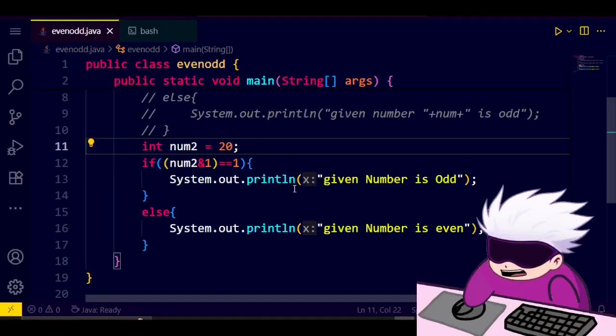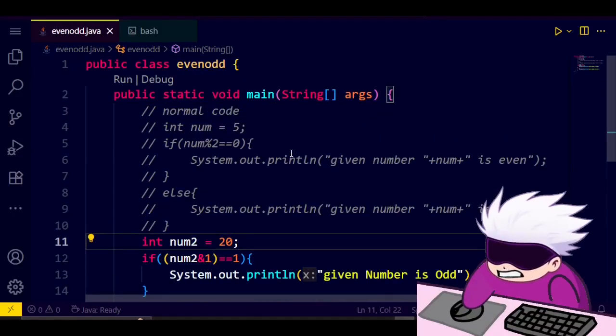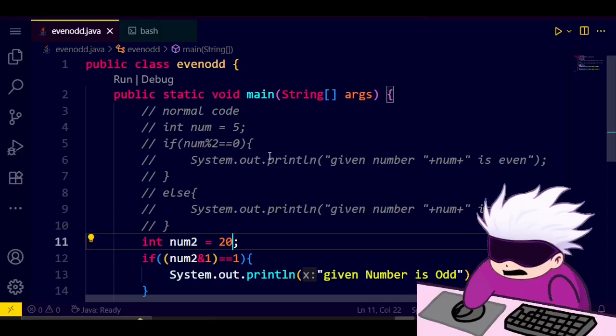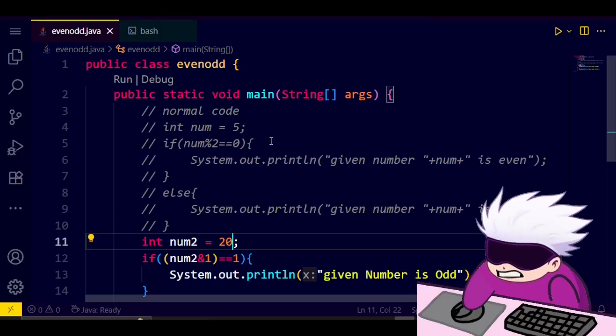So people who are new may be thinking, what is new in this code, or what is the benefit of this code when we talk about time complexity? Yesterday I learned about time complexity.